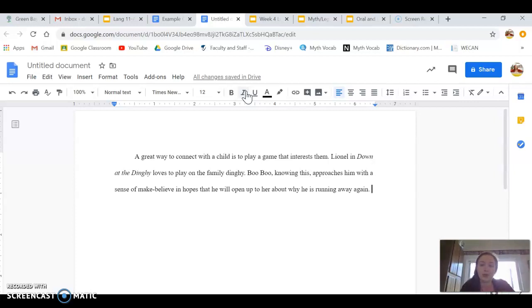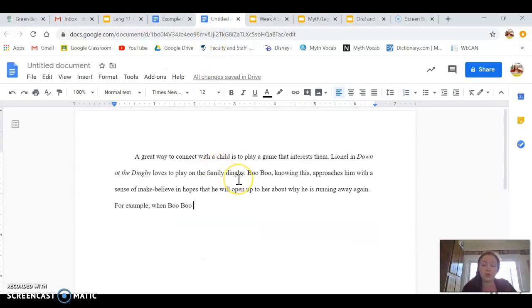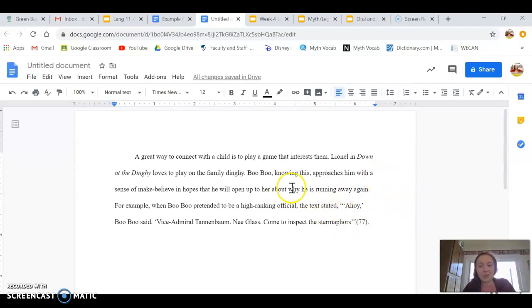So in this case, I'm going to say, for example, when Boo Boo, trying to remember the quote, pretended to be a high-ranking official, the text stated, and then I would just put the quote because I'm copying and pasting it,